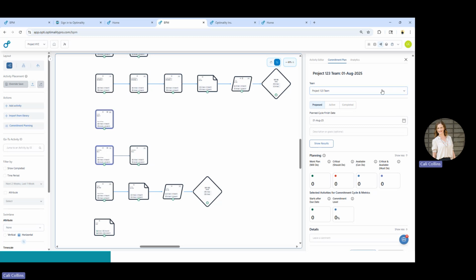So the first thing you're able to note is that it defaults here for a proposed plan, the team name, and the planned cycle commitment date or finish date is concatenated here in the title. If you change it to one of the other teams that is in this endeavor, it will change the name of that. So every team is independent when running their commitment plans,